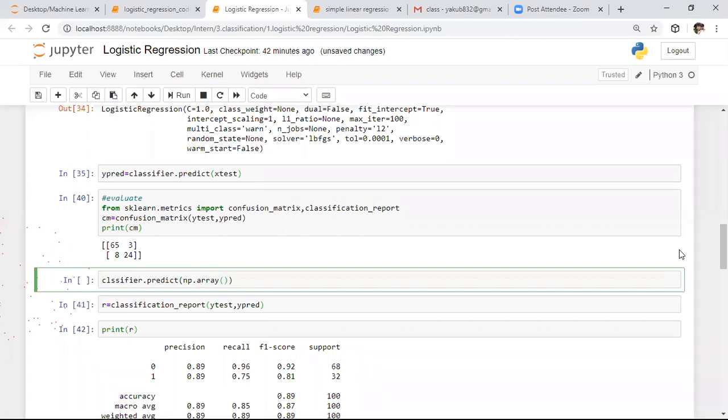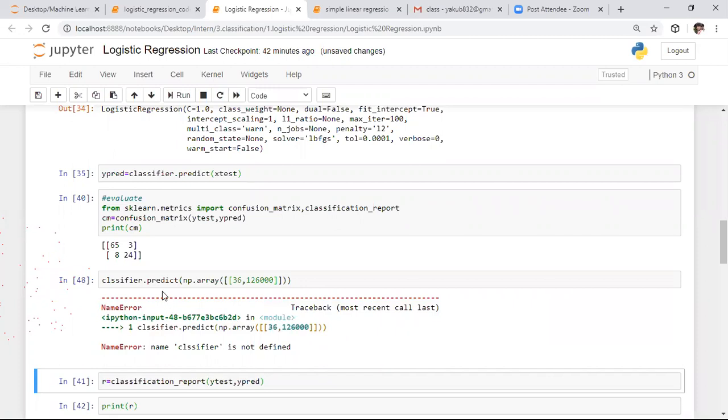I am giving the sample in the form of arrays. Let us assume the person is 36 years of age, and I'm giving some random salary of 1,26,000.